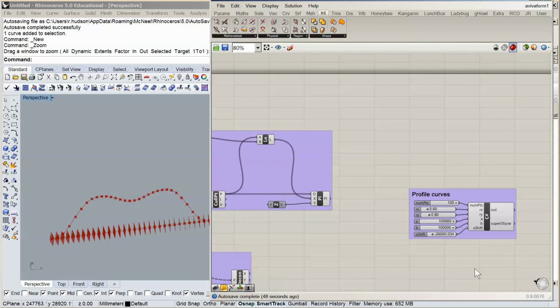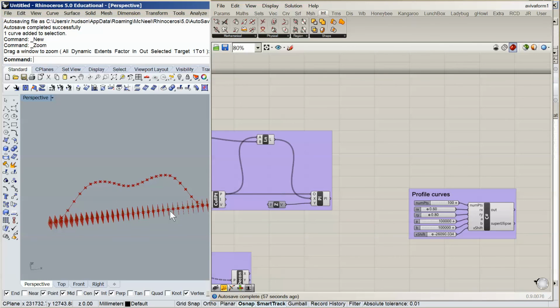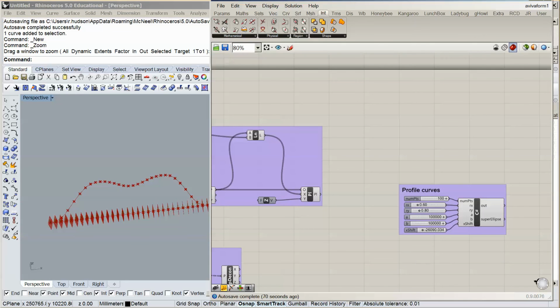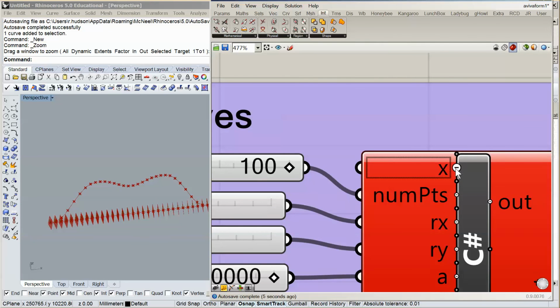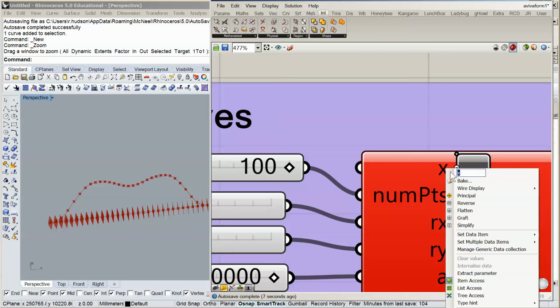And now we've got to think about how we're doing this, is that we're actually going to create one profile curve for every one of these sections. So we're moving into the next level. So previously we just created one super ellipse. So now we're actually going to create multiple super ellipses. And so the first thing we're going to do is add a new input right at the top. I'm just going to call it plane,